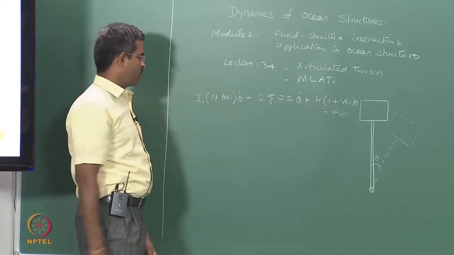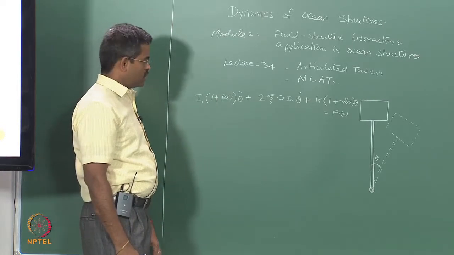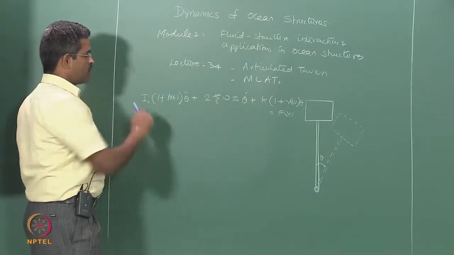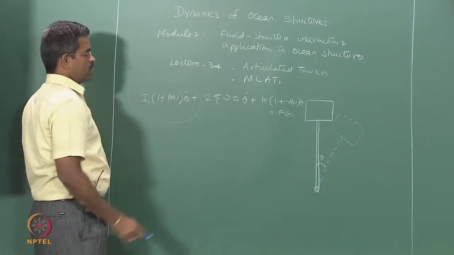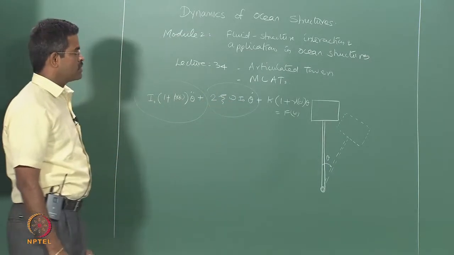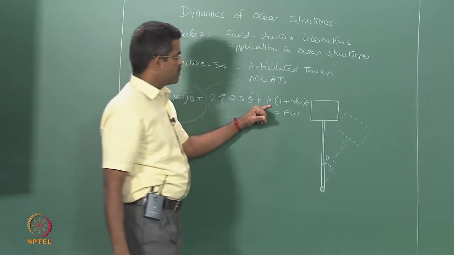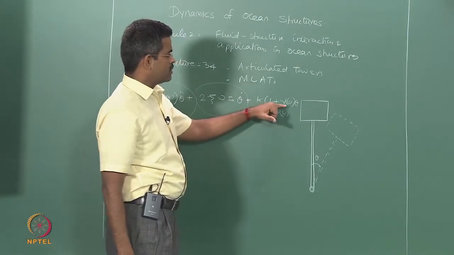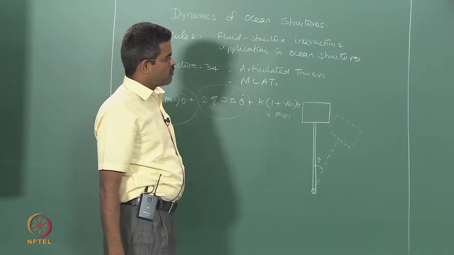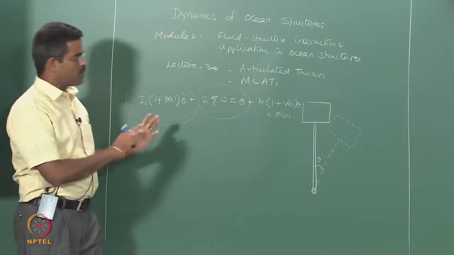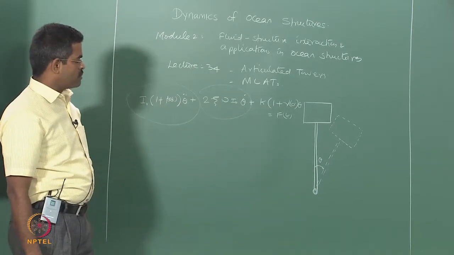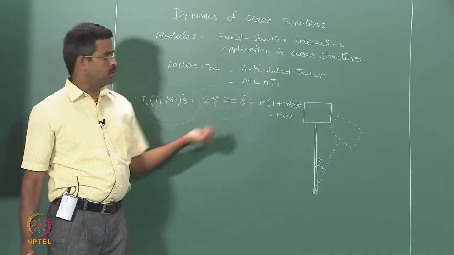we will substitute back and find out the values of theta, which is the displacement coordinate in this case. We already said this mass moment of inertia term represents the damping term, because it is velocity proportional viscous damping, and it has two terms. One is the initial stiffness and one is the variable stiffness because of the buoyancy effect in the system, and f of t is of course the moments of all the forces acting upon the system about this particular point, which is the hinge with respect to which all measurements are calculated in this specific case.